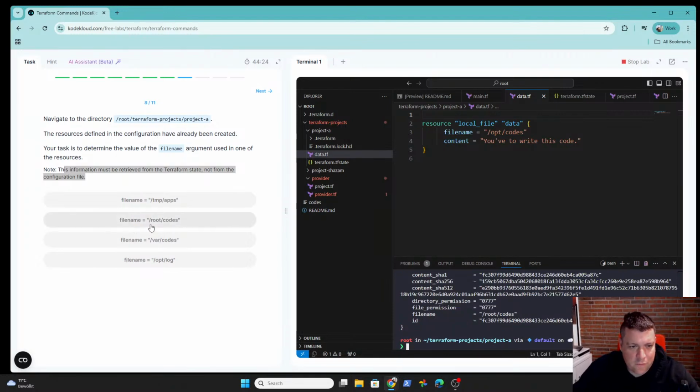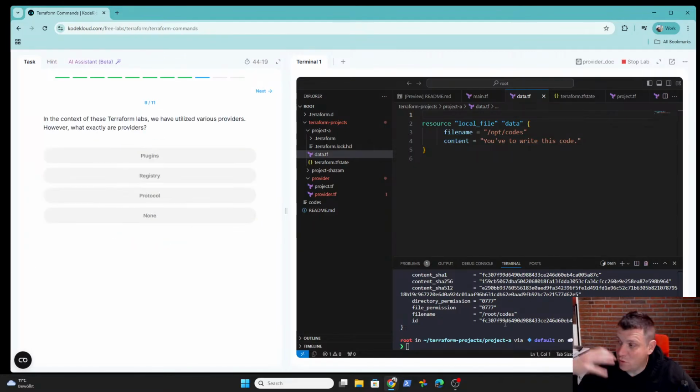File name, root codes. Here we have it. So with state list and state show, we see all the resources. And after this one, I will go to sleep.